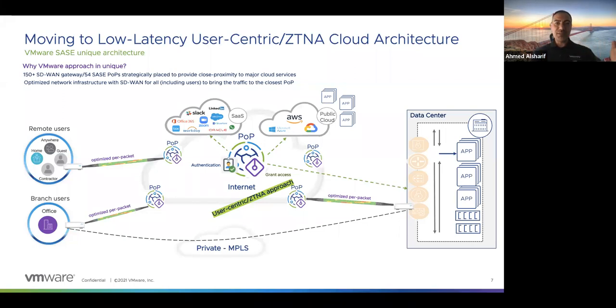If I have multiple internet connections from my users or my branches or my data center, I have no problem, because the SD-WAN will take me to these POPs with high speed. Today we provide 5 gig, and we're modernizing these POPs to provide 25 gig by the end of the year, and then 100 gig and 200 gig in future years. That high speed connectivity means high application performance.